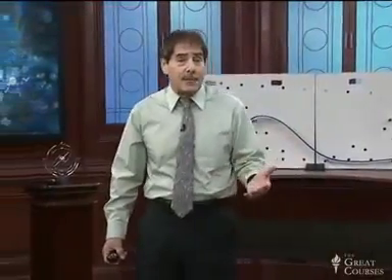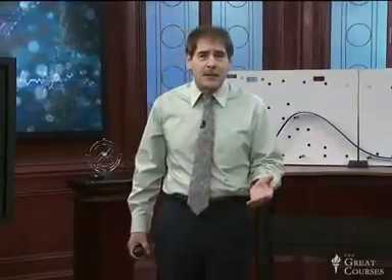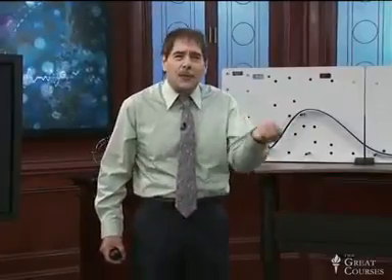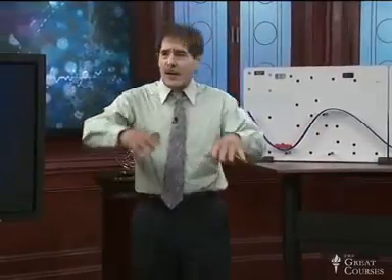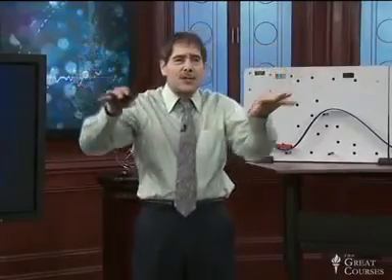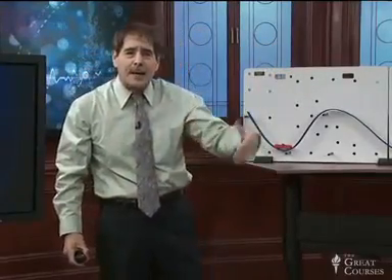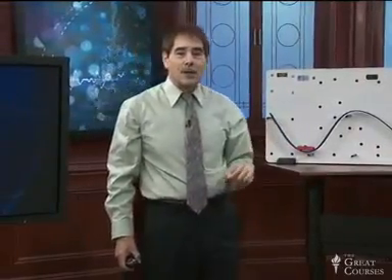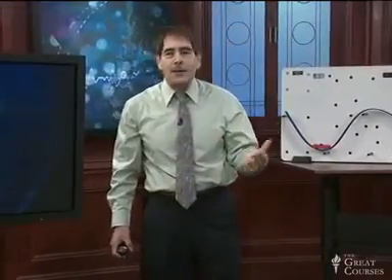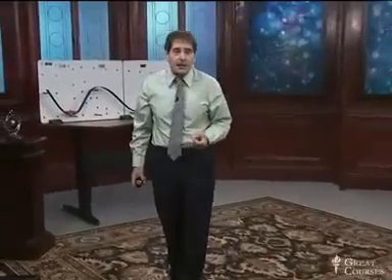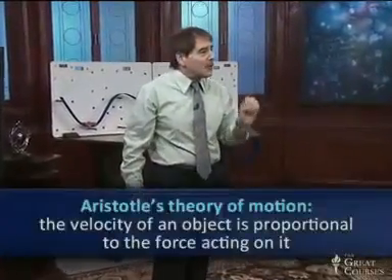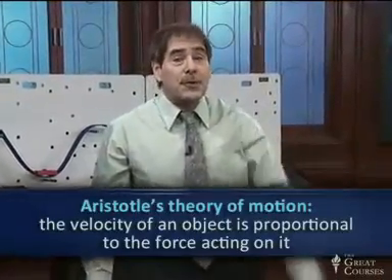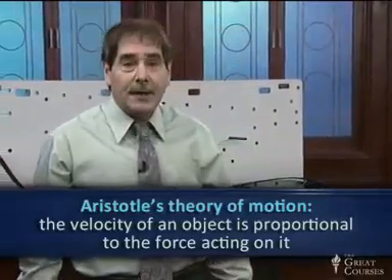Now, there are some other areas of motion that are a little harder to explain with Aristotle's idea. For example, in his day, people used arrows. You shoot an arrow through the air. What causes the arrow to keep moving after the force from the bow stops acting? Well, Aristotle had a theory about that. He said air from the front of the arrow rushes in behind the arrow and pushes it and keeps it moving. So he had a theory that still contained the idea that forces, pushes or pulls, are what causes motion. If we wanted to do a mathematical description of motion in Aristotle's theory, we would say the velocity of an object, the rate of change of its position, as we've seen before, is proportional to the push or pull, that is, proportional to the force acting on it.